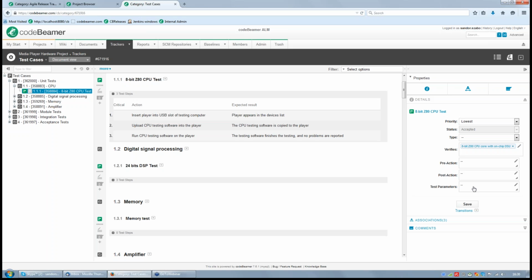The test parameters in Codebeamer are stored on the test case level and test set level, so that you can define a set of parameters on the test case level. And if you define some parameters that are overlapping with this on the test set level, the test set level has priority, and the test runner intelligently computes what are the parameter sets, computing it from the test set and test cases. And in the test runner, it creates combinations of these test parameters. And as many combinations there are, as many runs of the test case will run automatically. So we have also test parameter feature,